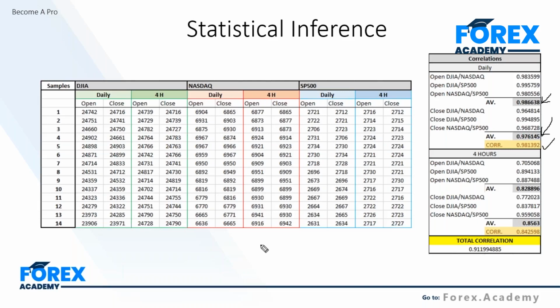So let's start off with the Dow Jones, and we'll go through them quite quickly. The Dow Jones and the NASDAQ, in terms of statistical inference for their correlation. Using the 4-hour price patterns, observing the 4-hour candlesticks, we have a correlation here of 70. So 70. Okay, so that's quite strong. Again, still quite a positive correlation.